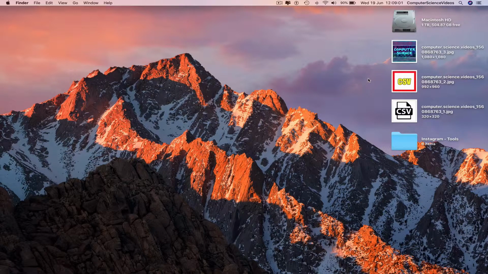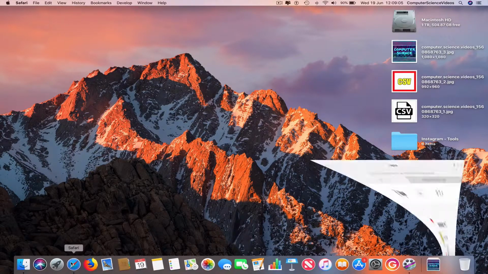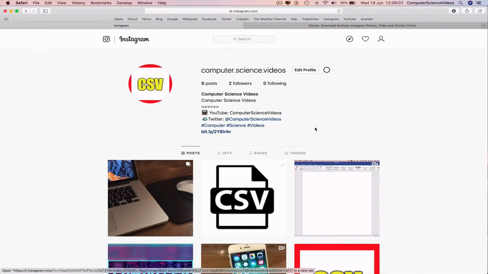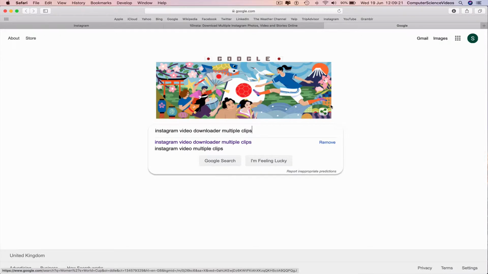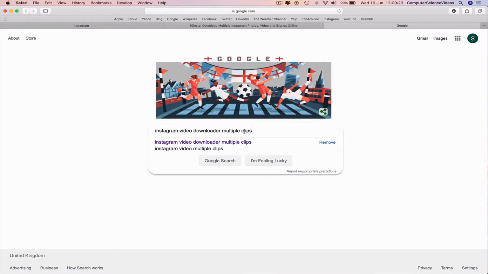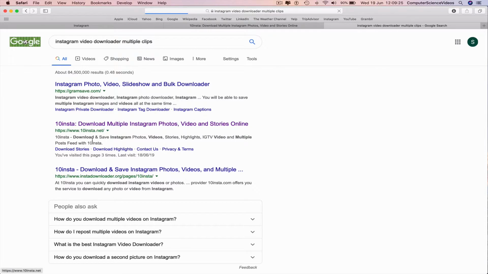So the first thing we need to do is go all the way down to the dock, click on the web browser, which is Safari in this case. Make sure we are signed onto our Instagram account, navigate to the post that contains multiple videos, and then we will take the URL and then go to Google, type in Instagram video multiple clips, Google search, go to 10insta.net,